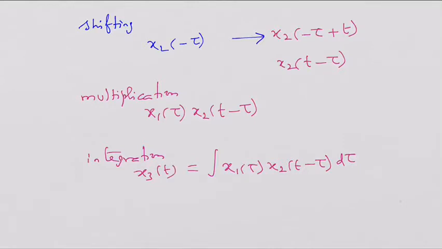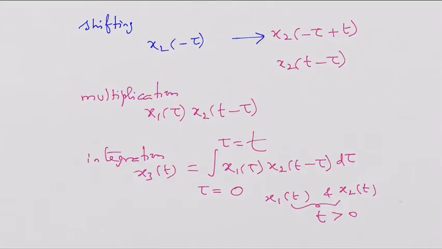But the product is non-zero within the interval tau 1 to tau 2, say for example. So I will put tau is equal to tau 1 to tau is equal to tau 2 in this case. Non-zero in the interval tau 1 to tau 2. Now the signal is ready. If both the signals x1 of t and x2 of t are defined as causal signals, if they are defined only for the values of t greater than 0, then the product will be from tau is equal to 0 to t. If in this case the integral limits will be modified.